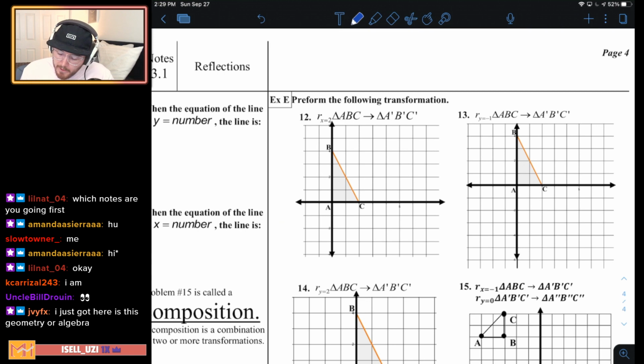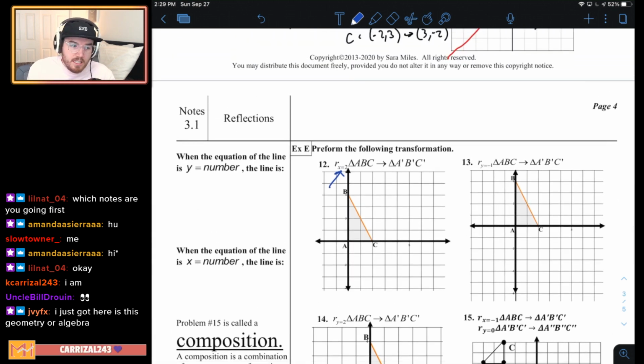So perform the following transformation. I like these because we're introducing something different here. We're introducing this line x equals 2. I have some questions in the classwork, and maybe I should have said this before, because maybe I've lost some people at this point on the replay, but there's x equals a number and y equals a number. Which is which? Well, and